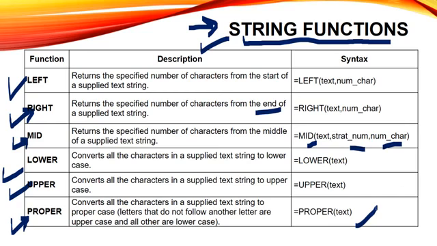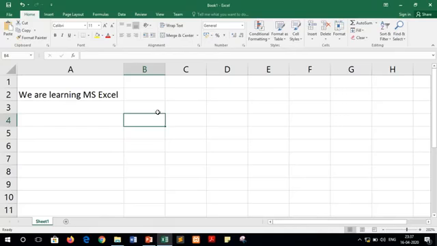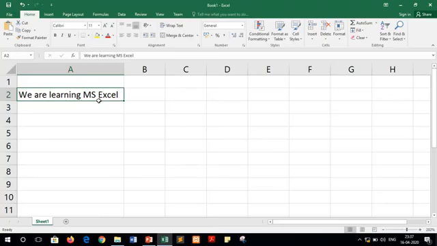Now let's discuss these with examples. Let's suppose in the cell A2, we have a string, that is, we are learning MS Excel. Now let's say that from this string you want to fetch some characters from the left.